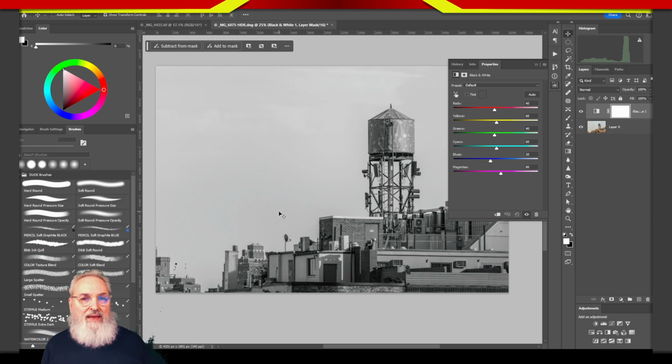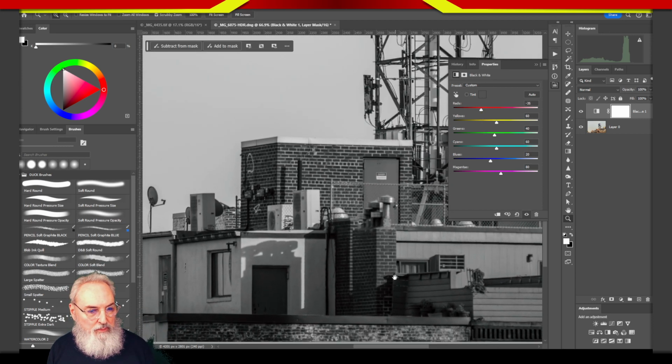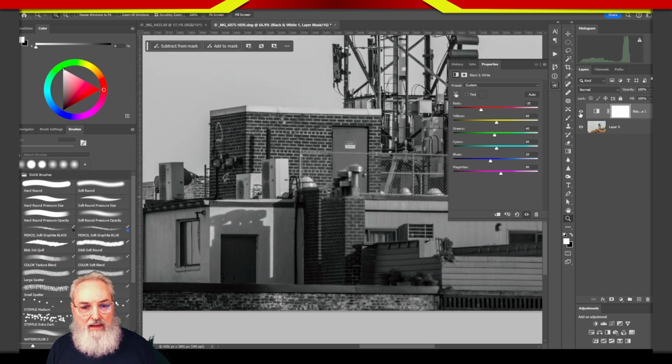When we understand that all it's doing is mapping, we can say, okay, what it's done is give me a default setting. But I'm not too crazy about the default setting. I think everything that is gray, that is red, should be darker. So if we zoom into this building here, if I remove that, we can see that there's a